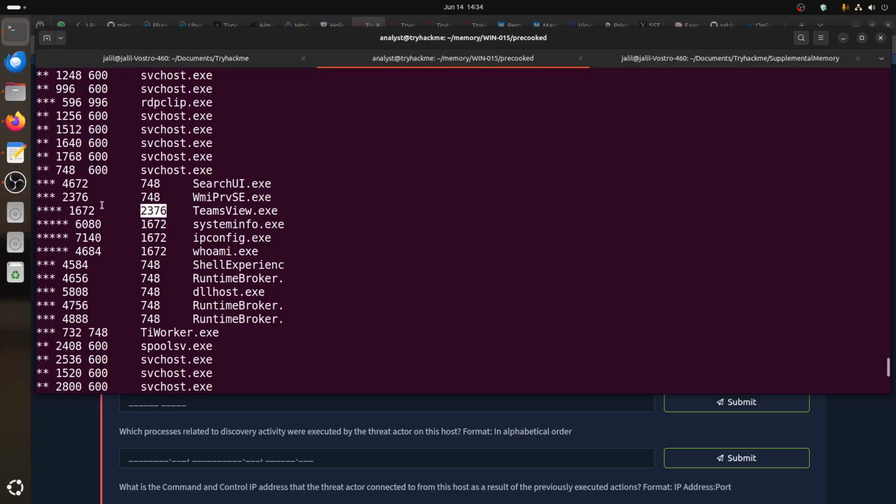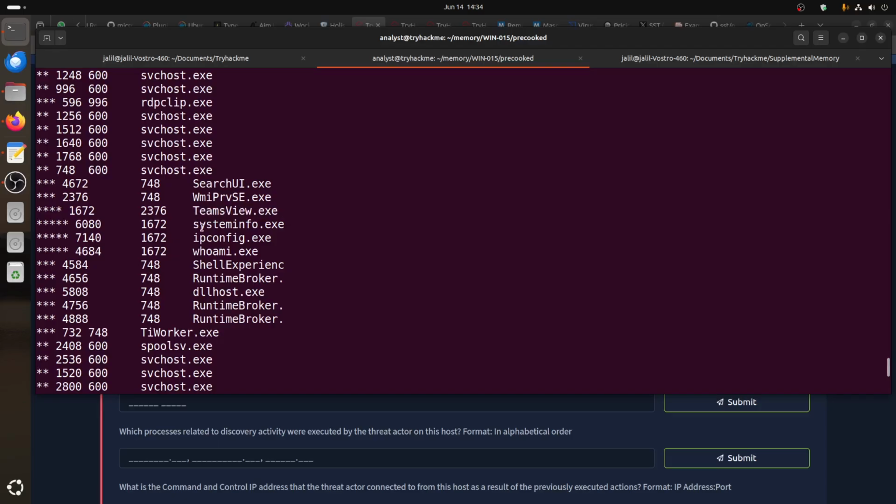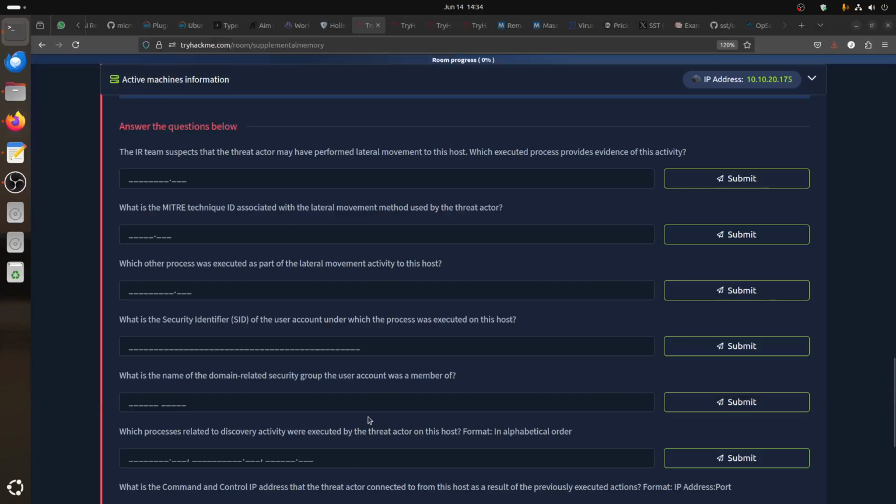You can see the relation between them. So this one launched this one, and this one launched these two, because 1672 becomes the parent of these three. Now the question said, what is the security identifier of the user account